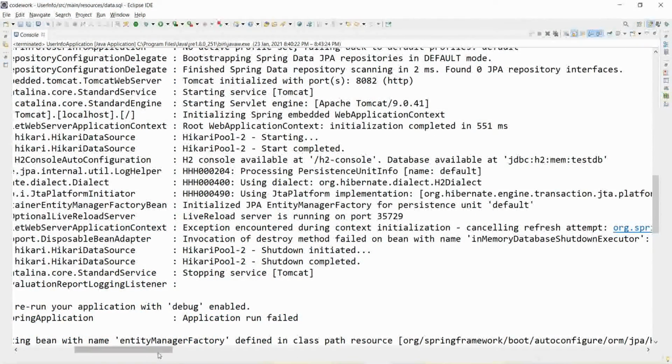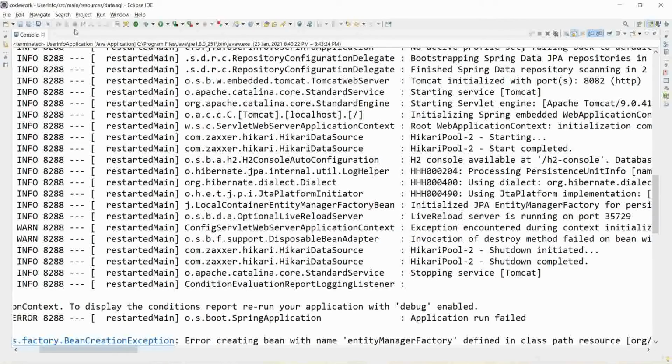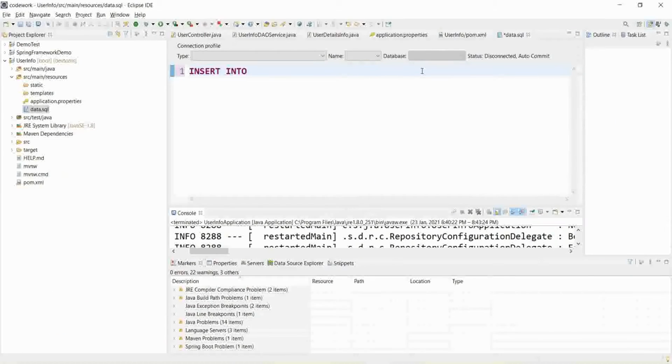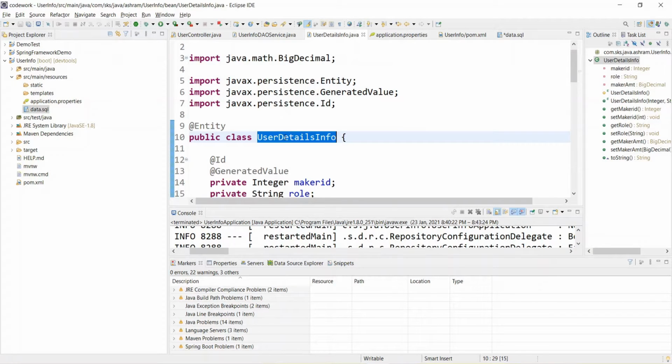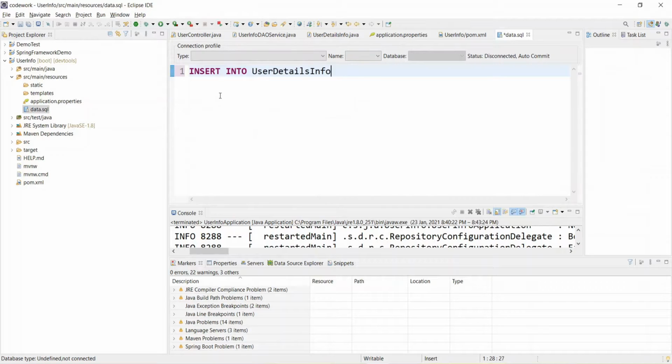So let's go to the user define, copy and paste. The table name is user_details_info, then the column names, and thereafter values and a semicolon. This is how we write the SQL.